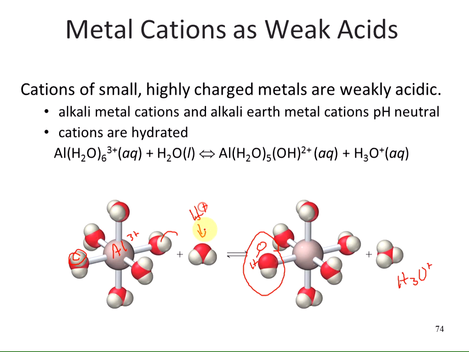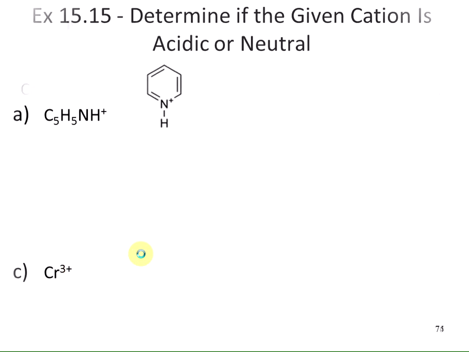So when you have a small, highly charged metal ion, it pulls electron density in so much that one of the water molecules coordinated around it can actually lose one of its protons, and that's how it makes an acidic solution. We've got some examples here, and they want us to determine if the given cation is acidic